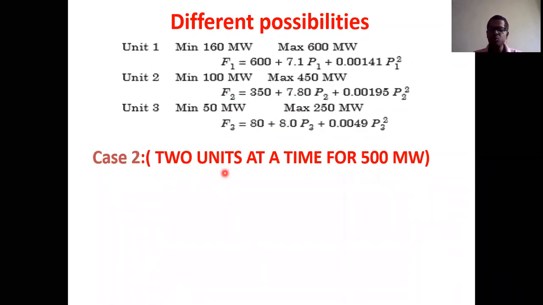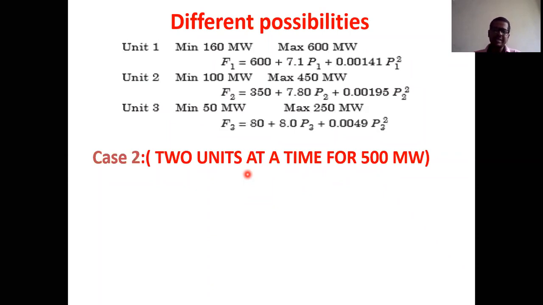For example, 2 units at a time means, remembering your digital logic, when two variables are there, the maximum number of possible combinations is 2 power n, where n is 2. That is 2 squared, so finally you will get 4 combinations. How can you represent those 4 combinations? 0 0, 0 1, 1 0, and 1 1.